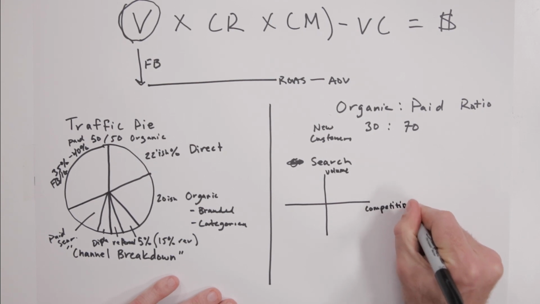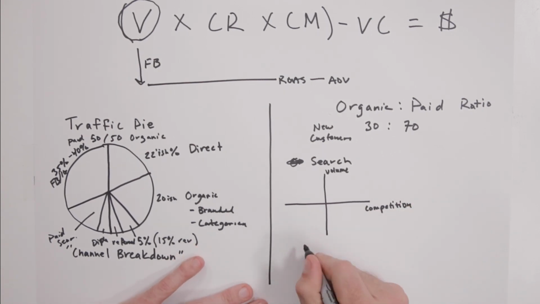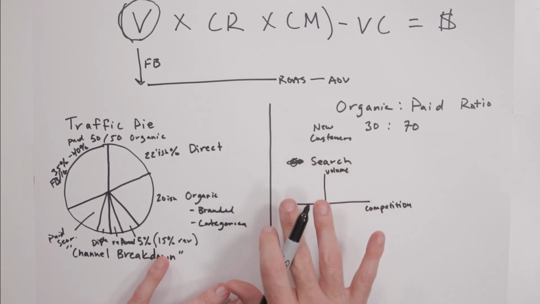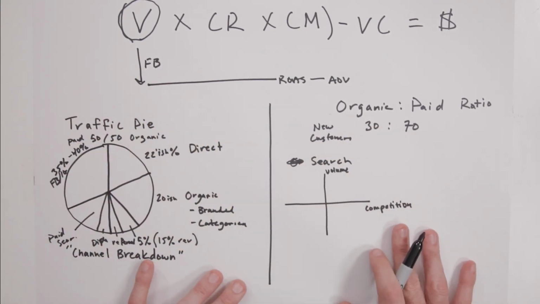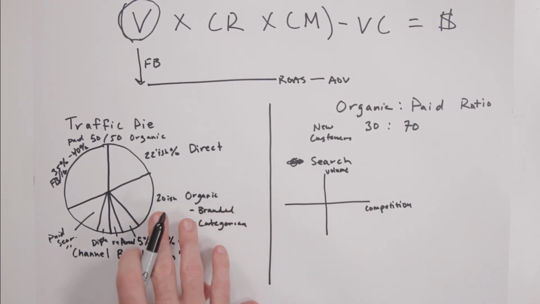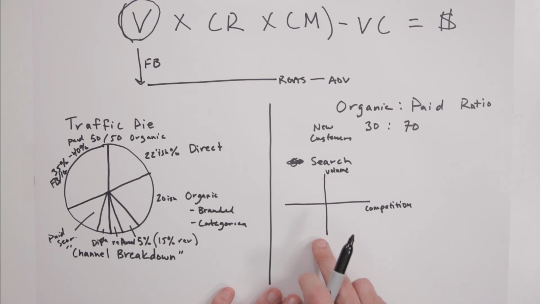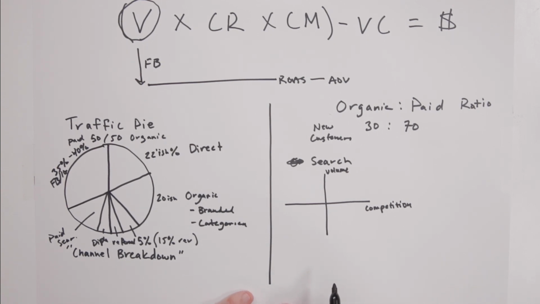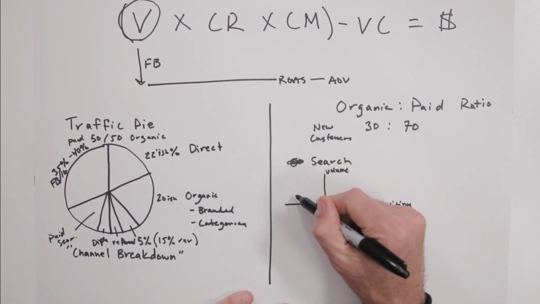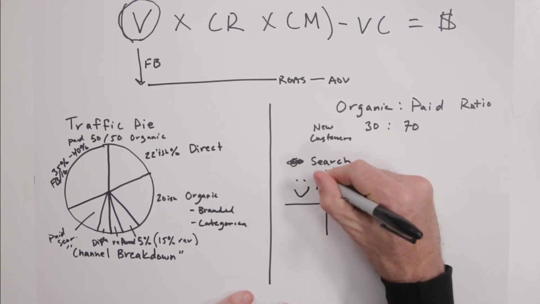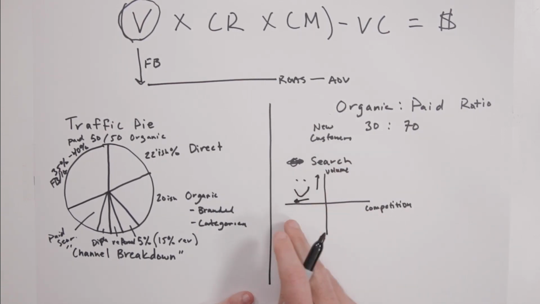And this is the same sort of thought work that will apply to both paid search as well as organic search. Depending on where your business and the set of keywords associated with it fall in this matrix will determine how much emphasis we place on the opportunity related to organic traffic. So if you consider this, where's the ideal spot? What quadrant would you want to be in? Well, obviously it's over here. This is the smiley face. You want high volume, low competition. That's how you get to a smiley face.